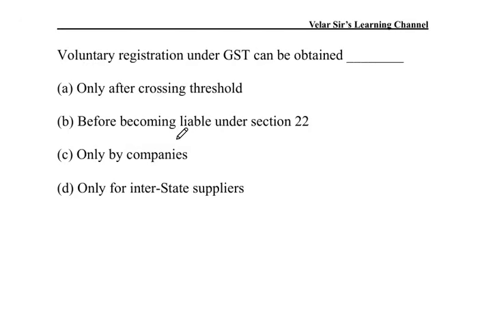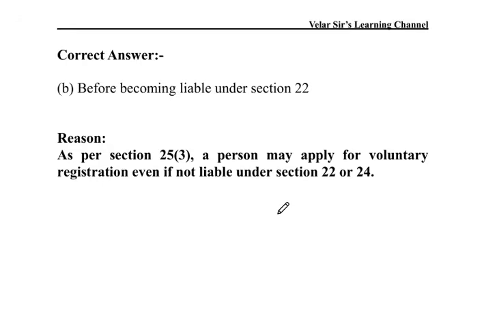B option, before becoming liable under section 22. C option, only by companies. And D option, only for interstate supplies. The correct answer will be B, before becoming liable under section 22. Reason: as per section 25 subsection 3, a person may apply for voluntary registration even if not liable under section